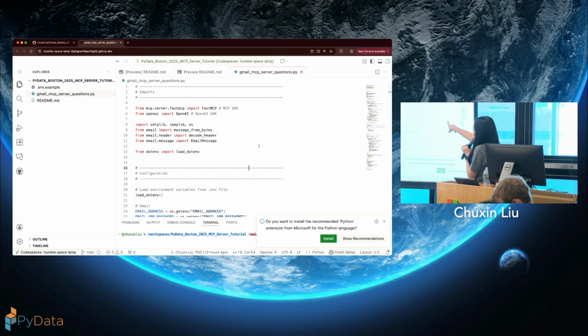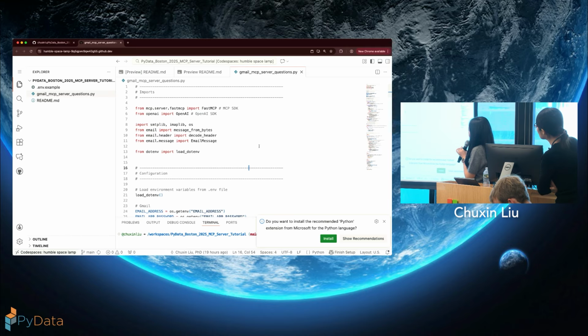And then we will also import OpenAI because we want to use their API key. The second block of libraries are for us to access the email. And then the last one is for us to get access to our environment variables.